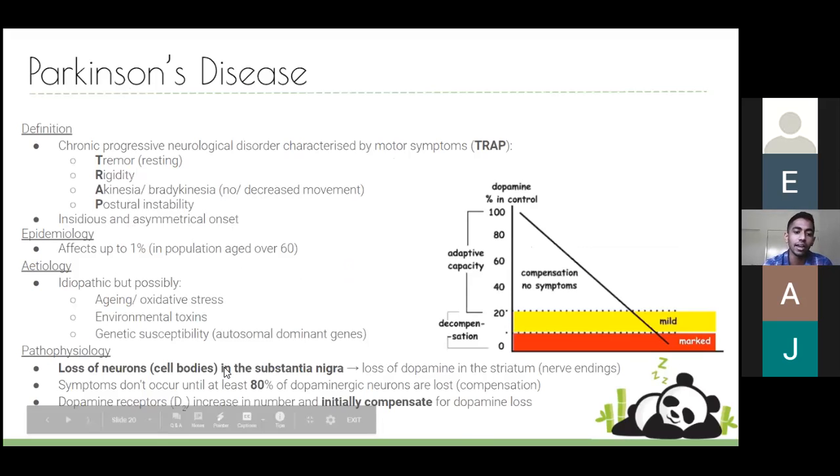Mechanisms are unknown, and it's idiopathic, which is good because you don't need to learn it as much. But the actual pathophys is characterized by this loss of neurons in the substantia nigra. And that's going to lead to a decreased amount of dopamine in that striatum, in that basal ganglia pathway, which means people aren't going to be having as much motor stimulation. And we're starting to get these symptoms of everything kind of just reducing in general. It's important to notice that we don't really get symptoms until we hit that loss of 80% of dopaminergic neurons. And that's when we start to decompensate pretty much.